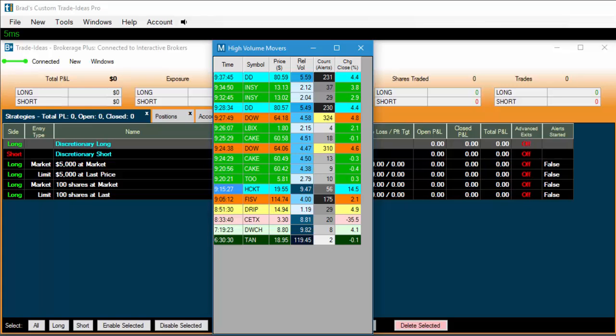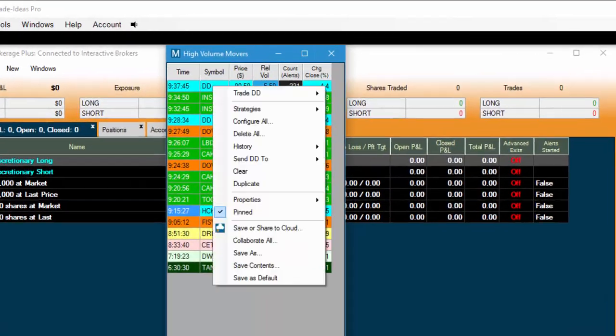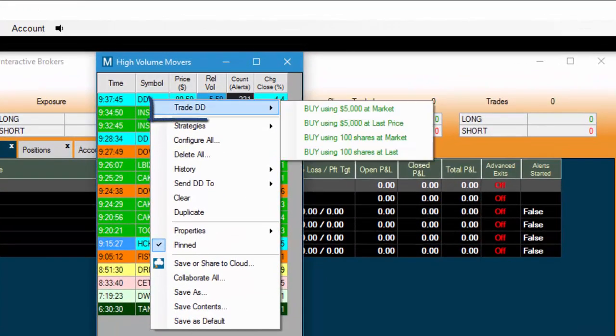Any Trade Ideas window, whether it's an AI window or alert, top list, or multi-strategy, when you right click, it brings up our context sensitive menu. But there's a new menu item here called Trade, and then depending upon the symbol that you've right clicked on, it's going to give you that symbol. And then to the right of that is going to represent the four different order types